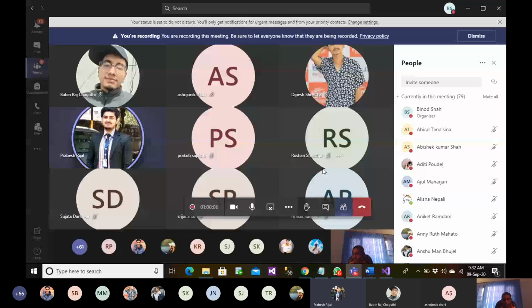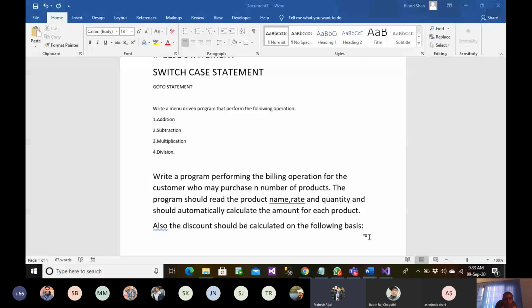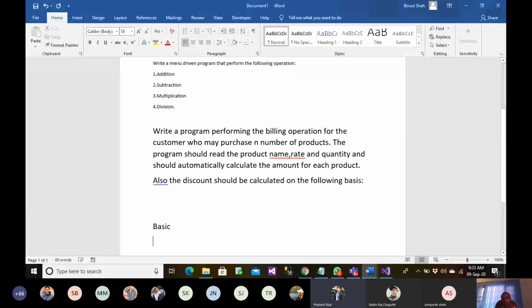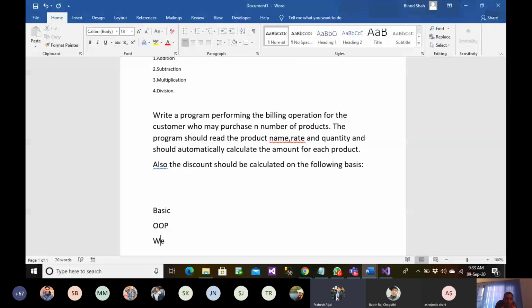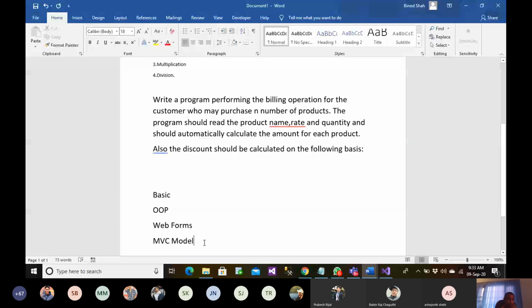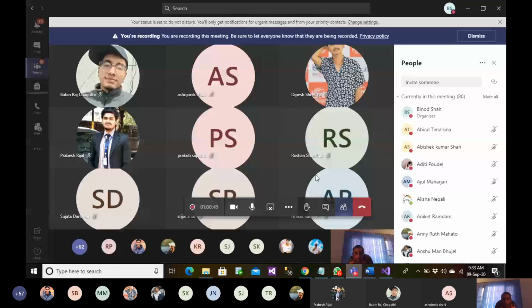First of all, what we are doing now, we are just going to start the basics. Then we'll be starting OOP. And once we learn OOP, then we'll be getting into web forms, and after that only you'll be starting MVC. These are the practical parts, everyone, because if you directly jump into MVC, you'll be landed with lots of complications. You should have an understanding of web forms as well. You should have a very good understanding of OOP as well. But for an understanding of OOP, you should have a very good knowledge of the basic skills. So am I clear to you? Who has asked me this question?